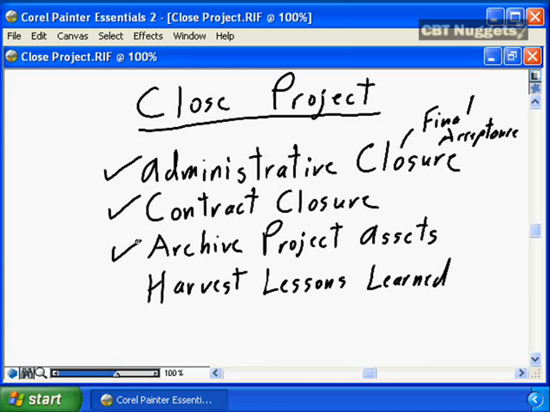The two components to closing a project that unfortunately often never get properly addressed are probably the two most important components. The first of these is archiving of the project assets. Your project has produced a lot of materials, a lot of working papers, a lot of interim documentation. A lot of work has been done into producing the final product and getting the final acceptance, and that work all resulted in project artifacts, project assets.